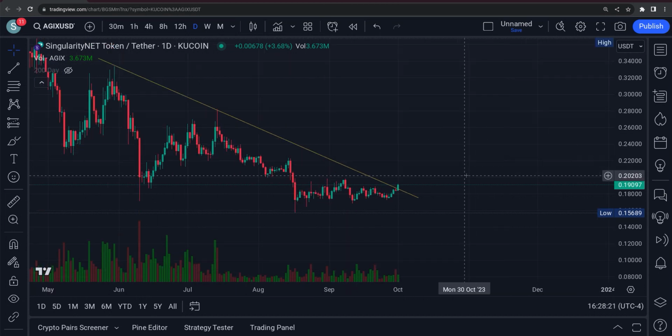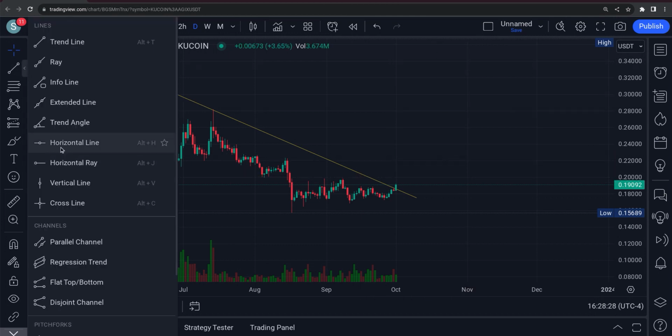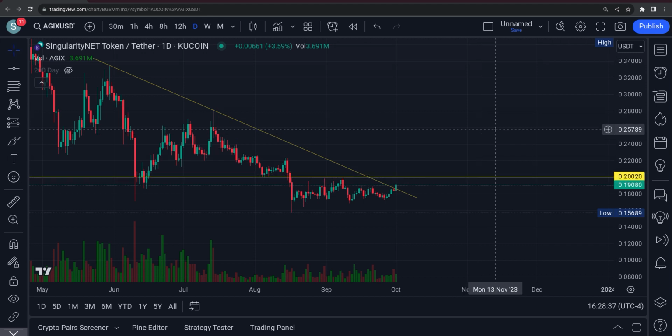I would expect it probably to come up somewhere near the 20 cent area. That's going to be one of the first major resistance areas here. Let's see here. I'm going to get this as perfect as I can. Right about there. All right, right about 20 cents even. All right, if we get the breakout from there, this thing could go a lot higher,